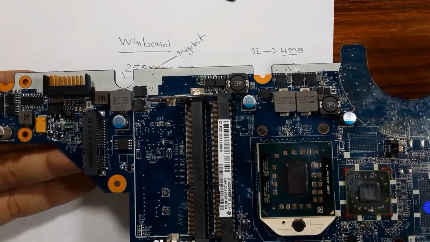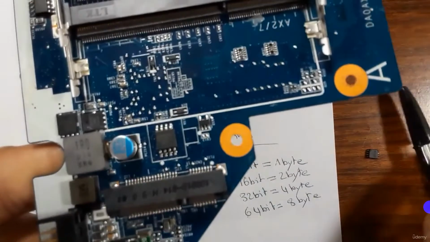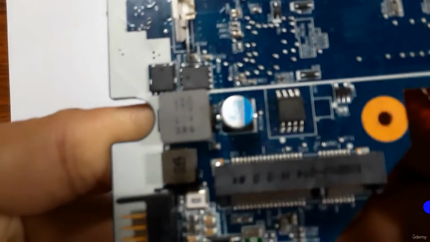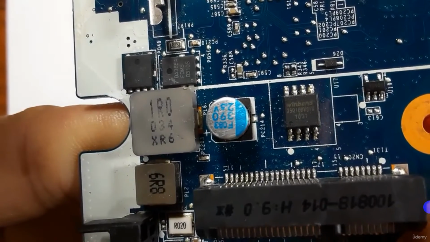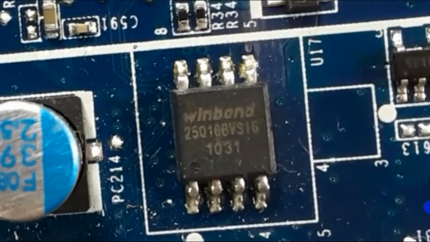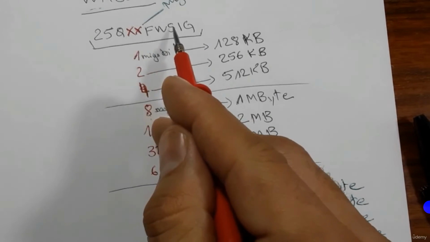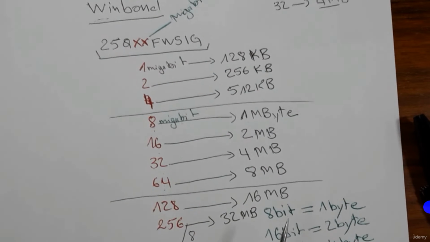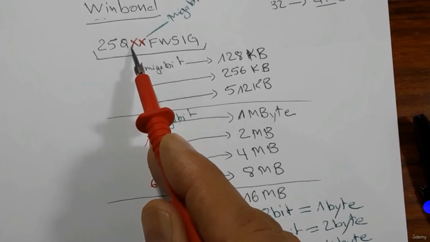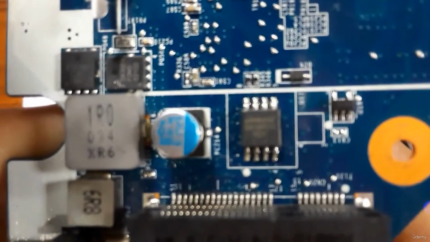So here, as you can see in this motherboard, this is the BIOS IC. So let's check its size. So we have 25Q16, as you can see. 25Q16 BVS. So here you can find BVS or WVS, no problem. But always you should focus on the two numbers after Q. Okay. So as you can see here in the BIOS, we have